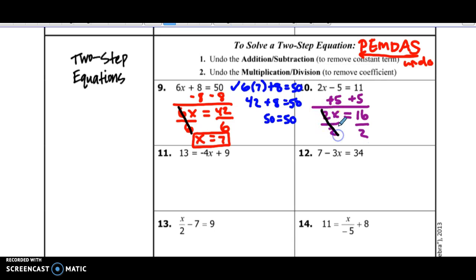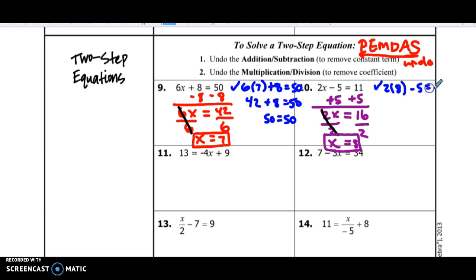2 divided by 2 is 1, so those cancel. 1 times x is just x, and 16 divided by 2 equals 8. So I end up with the solution of x equals 8. Let's double check our work again just to make sure. So I'm going to substitute 8 back into this equation to make sure it works out. So I'm going to do 2 times 8